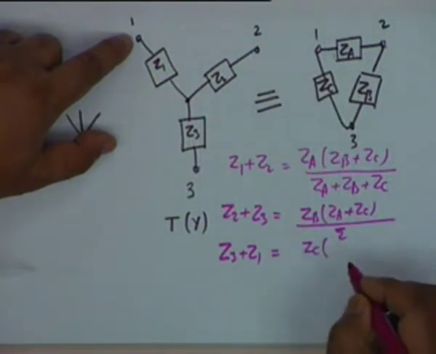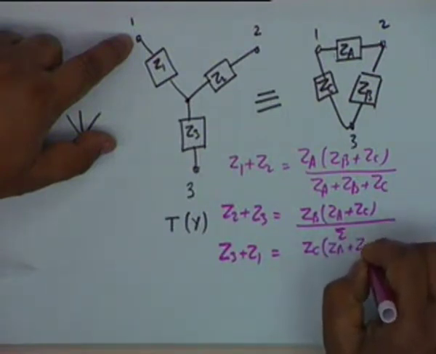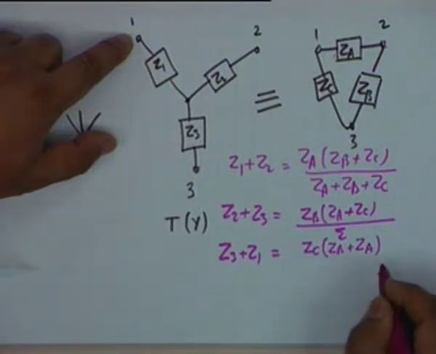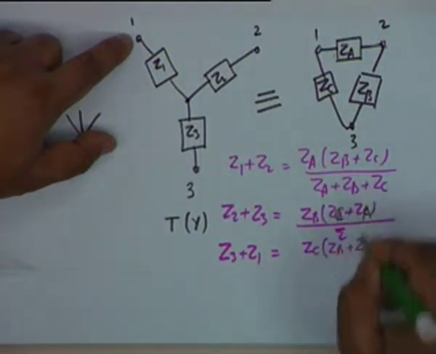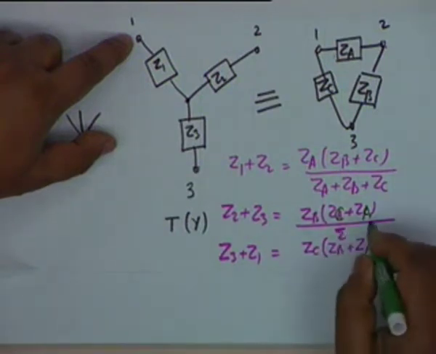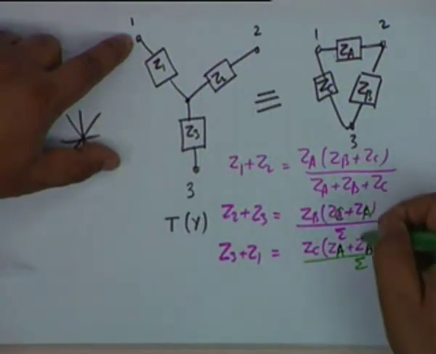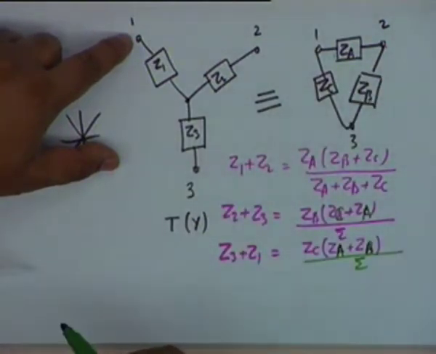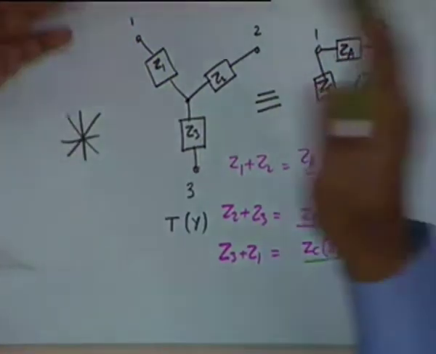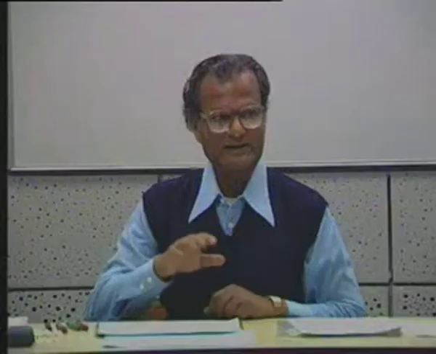So, I write ZC, then ZB plus ZA. No, that does not retain this symmetry. I should have written, pardon me, it's not wrong, I just didn't maintain the symmetry. I should have written like this, C plus A, and then this should have been written as A plus B divided by sigma. These are 3 equations now which have to be manipulated to find either Z1, Z2, Z3 in terms of ZA, ZB, ZC, or vice versa. All right. And I will simply point out how to do this. The algebra shall be left to you.